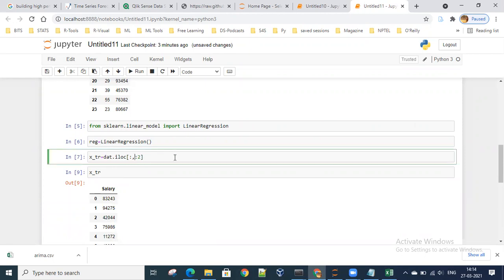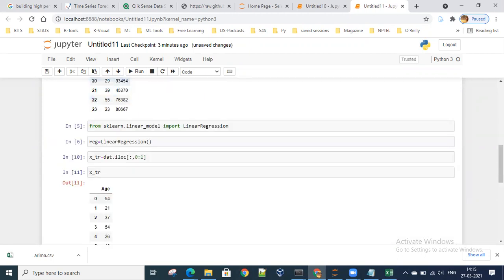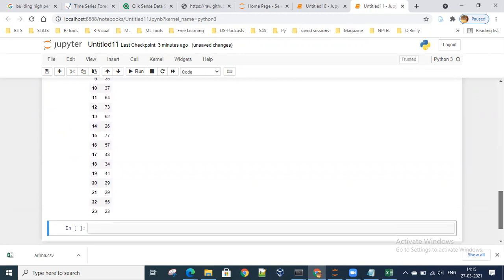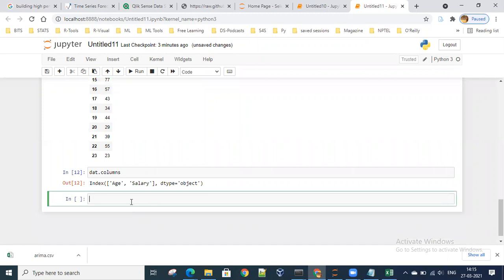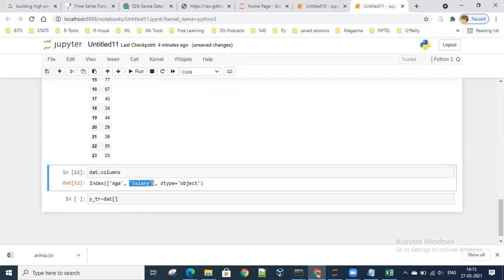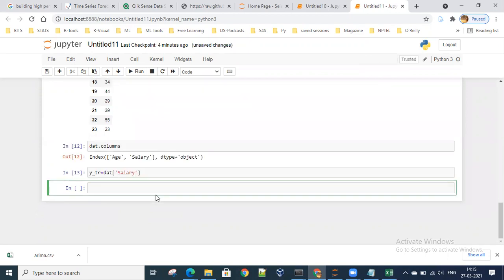Let's say here age. And y_train is equal to data dot salary. So x and y are the variables.